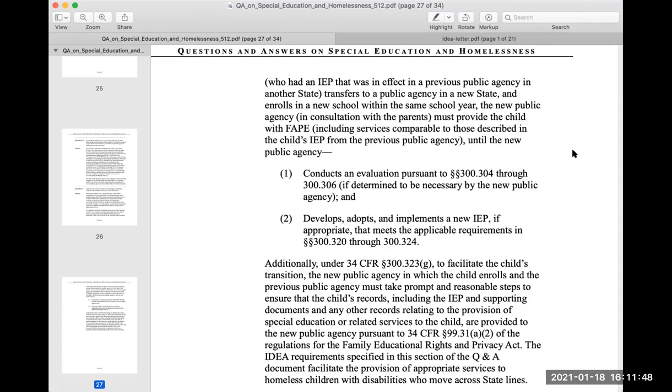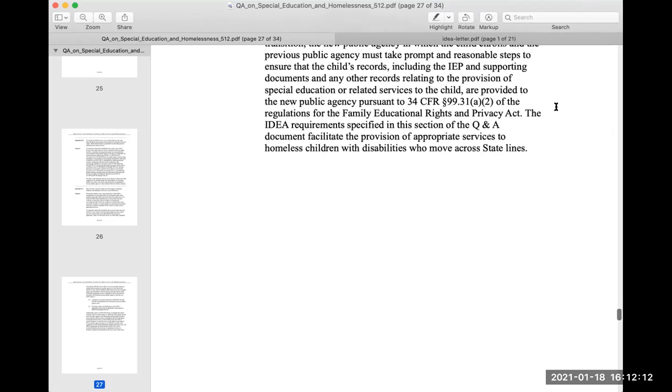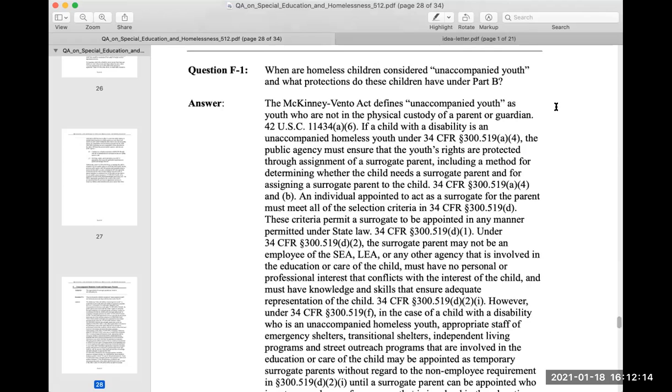Question E3 answer. Page 26. Questions and answers on special education and homelessness. Who had an IEP that was in effect in a previous public agency in another state, transfers to a public agency in a new state, and enrolls in a new school within the same school year. The new public agency, in consultation with the parents, must provide the child with FAPE, including services comparable to those described in the child's IEP from the previous public agency, until the new public agency,